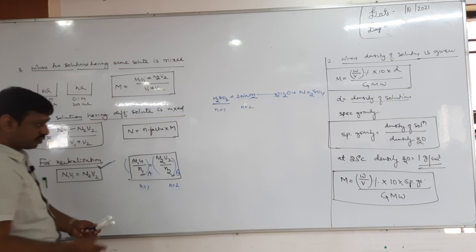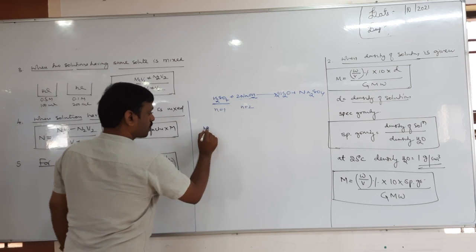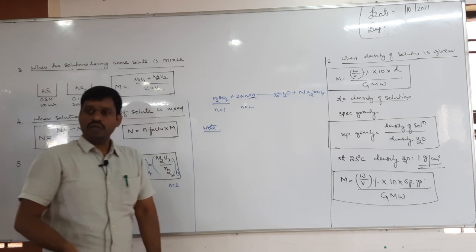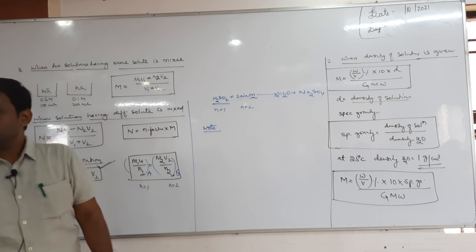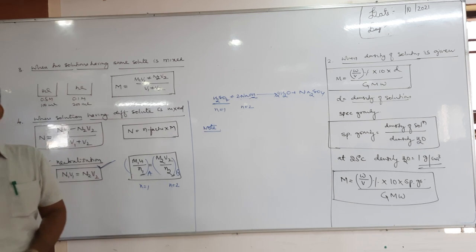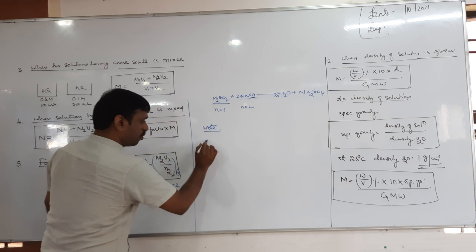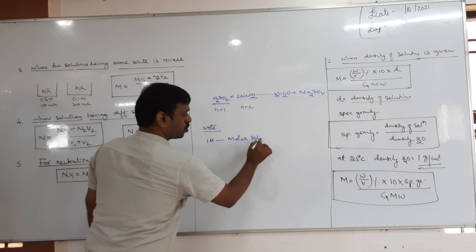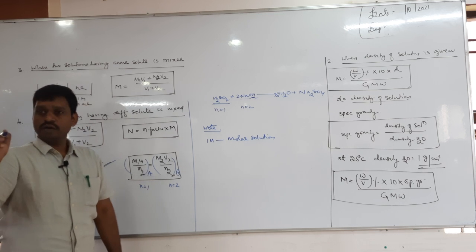Okay, next is one important note. In problems, generally the question will be given like this. Sometimes instead of 0.5 molar, they may give semimolar, decimolar, centimolar. These terms can be used. So what is the meaning of molar, semimolar, decimolar? If the molarity is 1, it is called a molar solution. They need not say 1 molarity or molarity is 1. So if the molarity is 1, it is a molar solution.